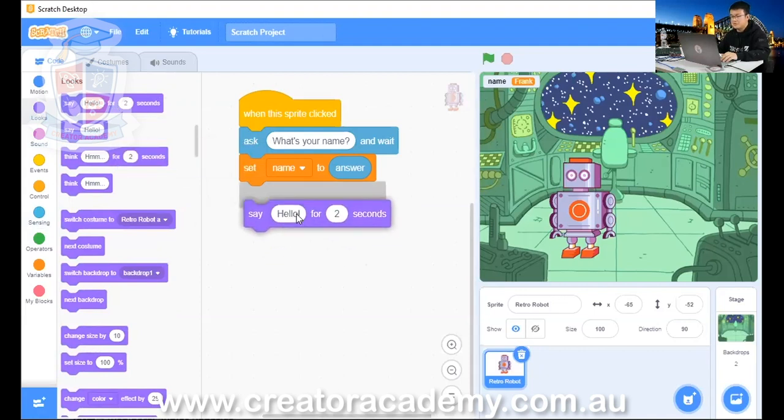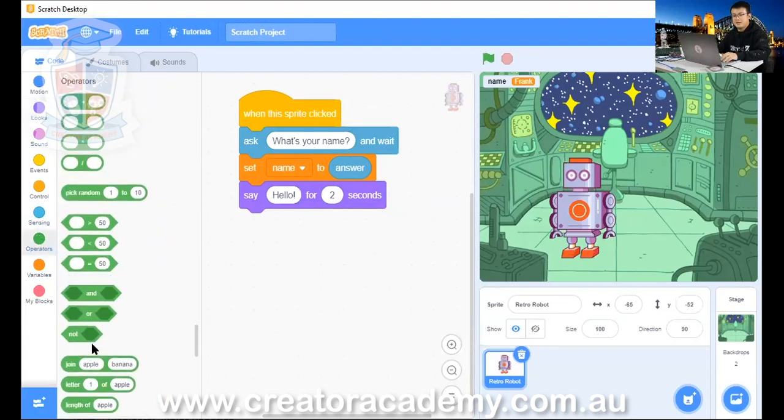Okay, so what we're going to do is we're going to go looks, and then we're going to say hello for 2 seconds. But instead of saying hello for 2 seconds, we want to say the person's name as well. So we go hello, that person's name for 2 seconds. So how are we going to combine hello and that person's name? Well, then we go into operators, and then we go join,